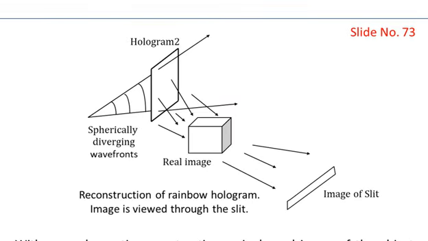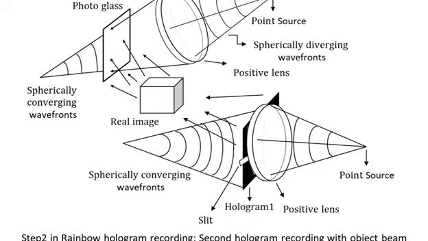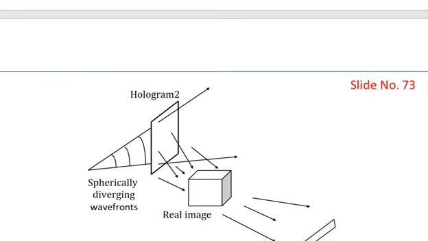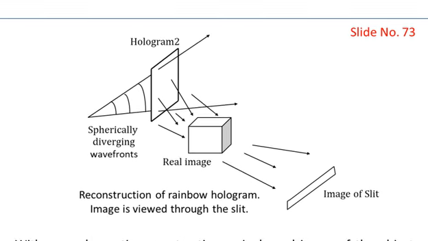This is illuminating hologram 2, that is the rainbow hologram. And you know that from this rainbow hologram, using the conjugate reference beam, a real image is formed at its location. We have placed the hologram in the setup where it was used for the construction process. You see that instead of a photographic glass, now we have hologram number 2 over here. And then we have the real source over here, which is diverging out. So this real source is giving you the conjugate reference beam with which hologram 2 is illuminated, and then of course the hologram will produce a real image at the location